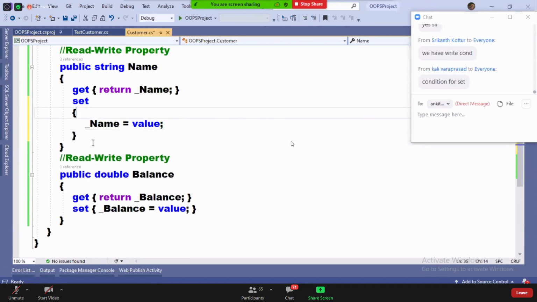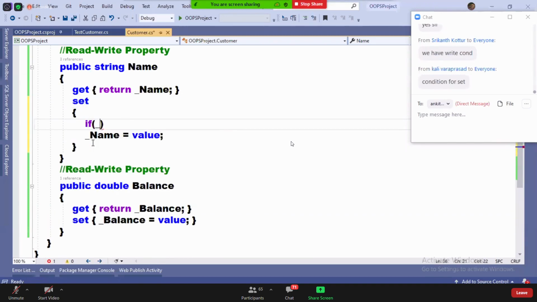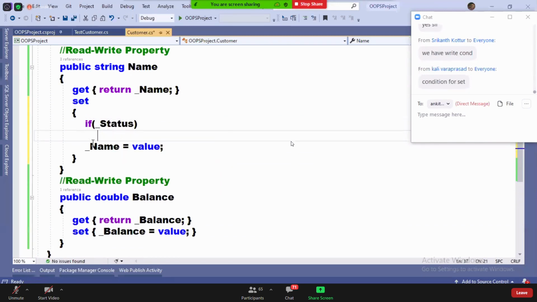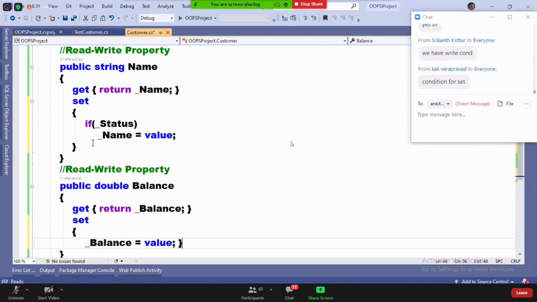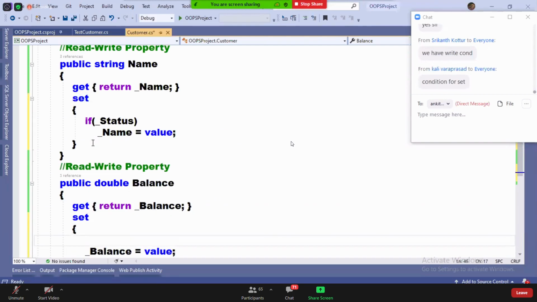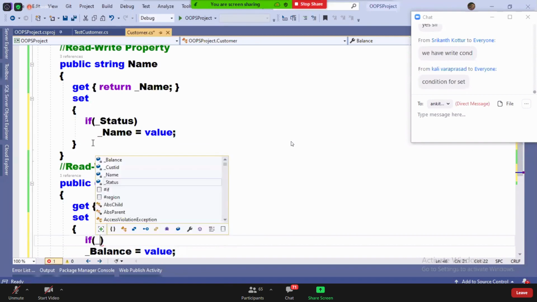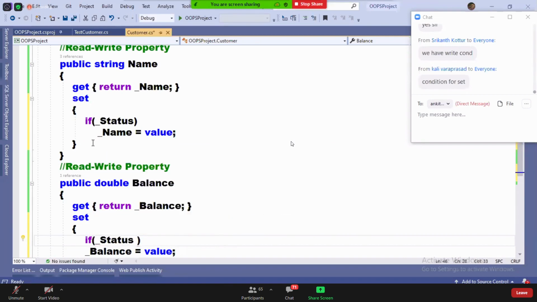So I'm writing a condition: if _status, which means if the status is true, then only this has to execute. Same way here also, if _status, then only it has to work.